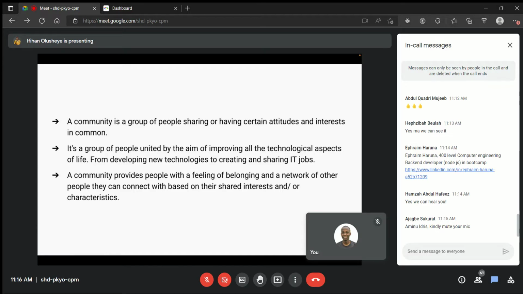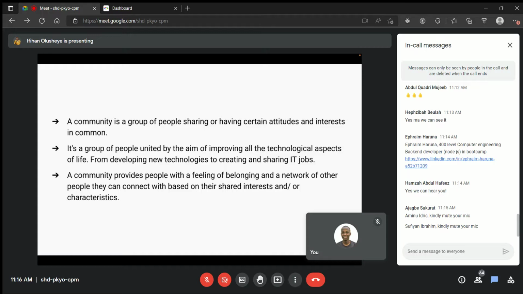It's also a group of people that aim at. So if I want to narrow down into a tech community, it's also a group of people that are united by technology. You can use it to improve your technological aspects of your life, whether front end, back end, cybersecurity, from learning and developing new technologies. People build new technologies from communities. We have technologies that are powered by communities,